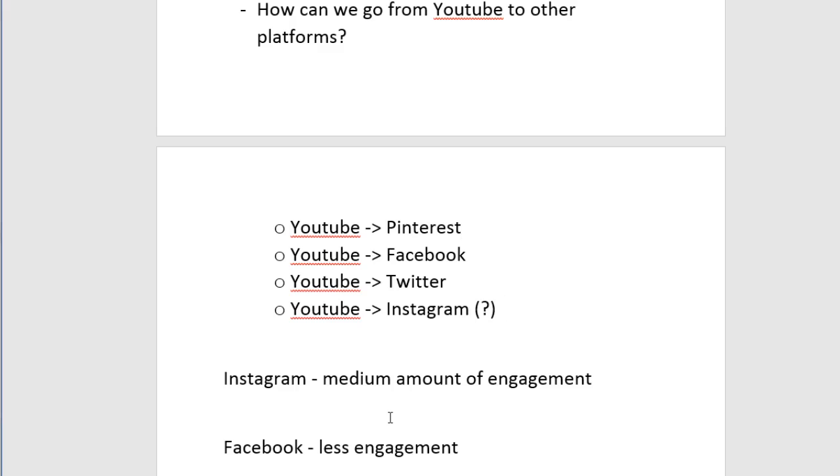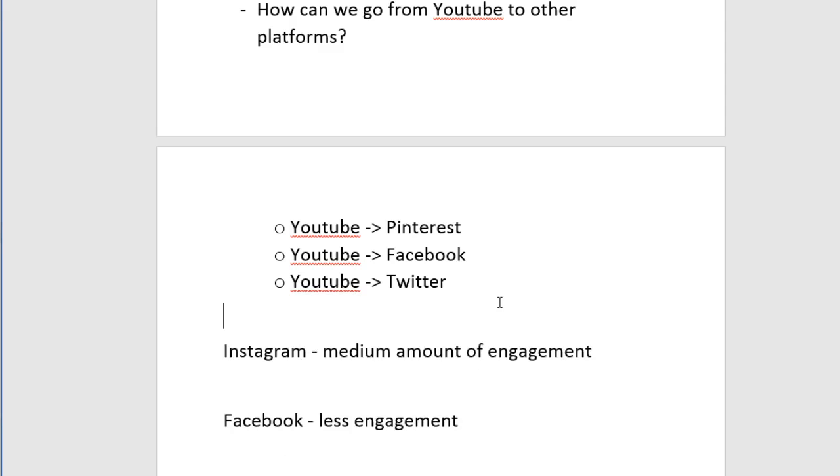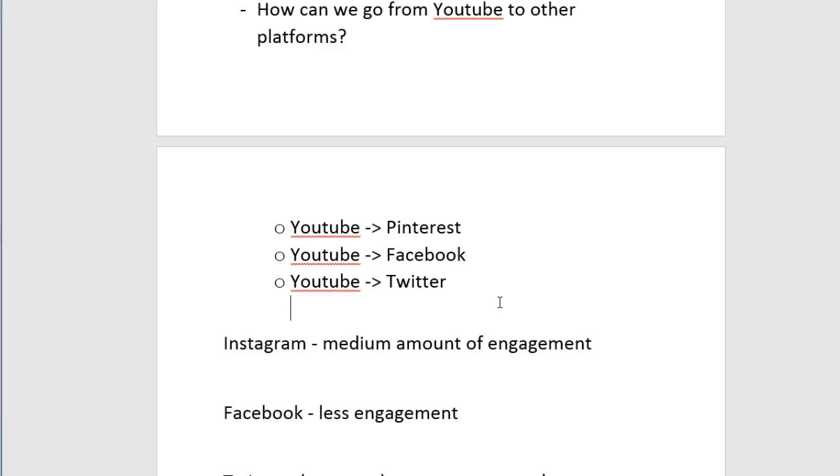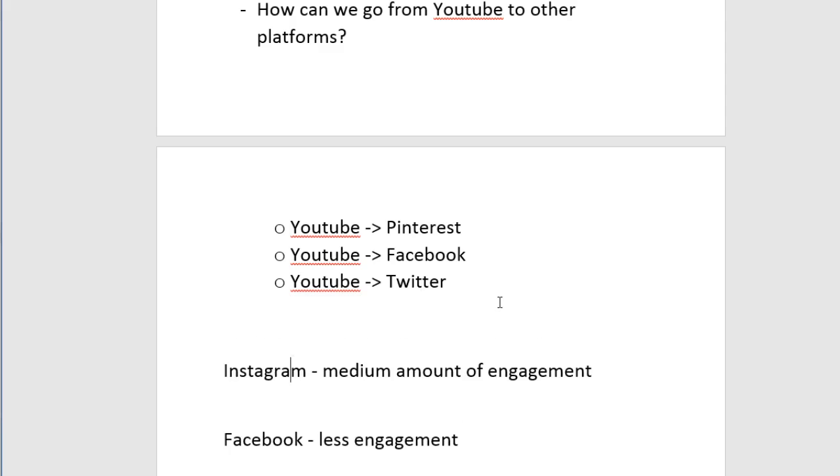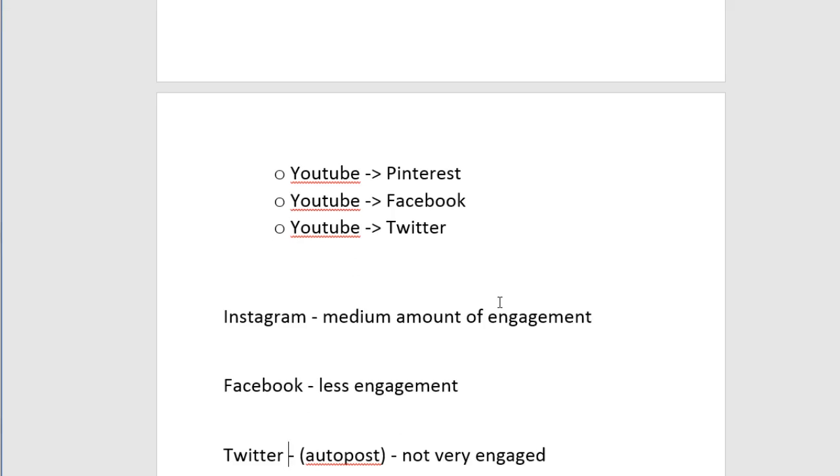Now, bear in mind that Pinterest is a place where people go to look for images and videos. Facebook, the same thing. You can do that to your Facebook fan page. And Twitter, you can simply repost it there. Now, remember, with Instagram, you are trying to engage with people in the sense where people follow you because they're really there just to learn about your lifestyle and try to figure out what you're doing during the day. So in that case, we don't really necessarily need to do that. So I'm just going to scrap that out because it doesn't really make sense. And that's something that you'll discover as you're going through this exercise.